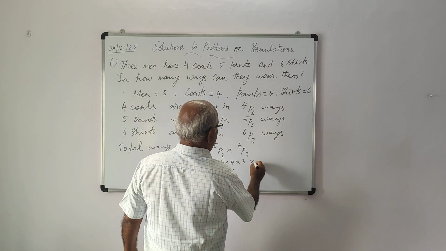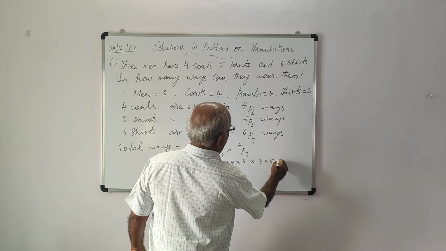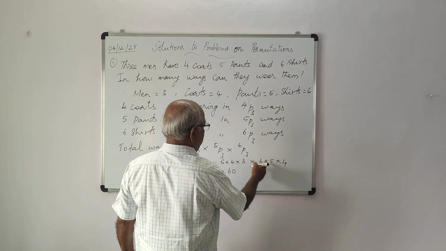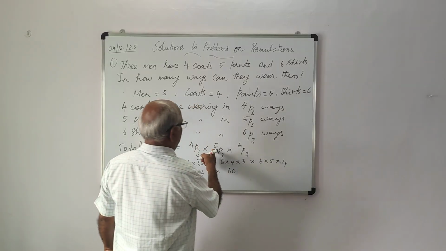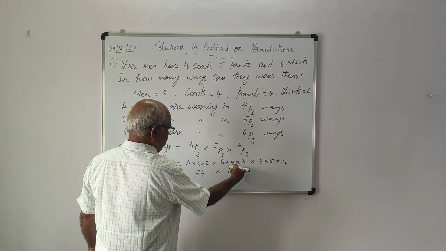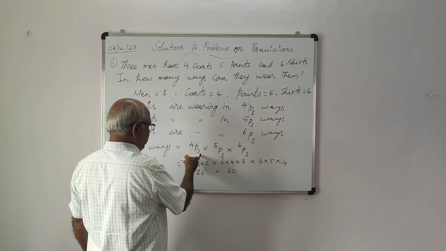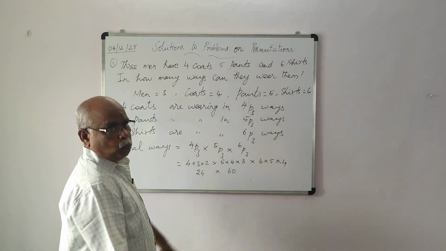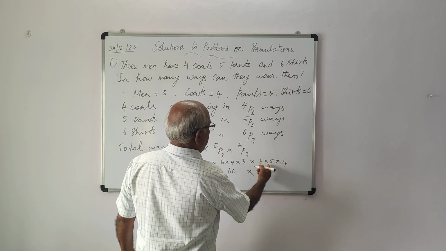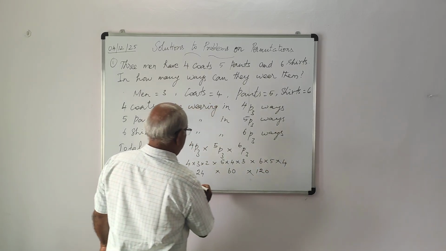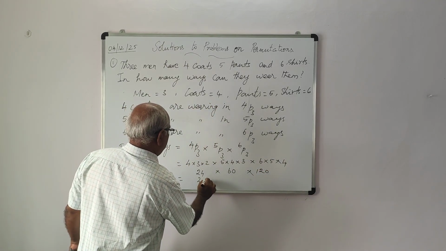And 6P3 is 6 into 5 into 4, because we have to reduce 3 numbers. From 6 we have to reduce 3 numbers: 6, 5, 4. From 5 we have to reduce 3 numbers: 5, 4, 3. From 4 we have to reduce 3 numbers: 4, 3, 2. So this is 120. So this is 24 into